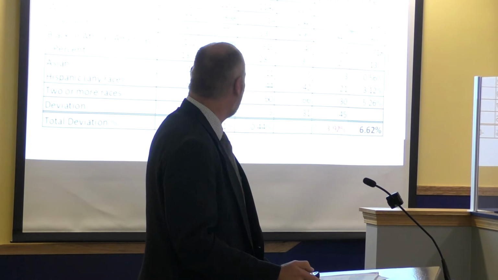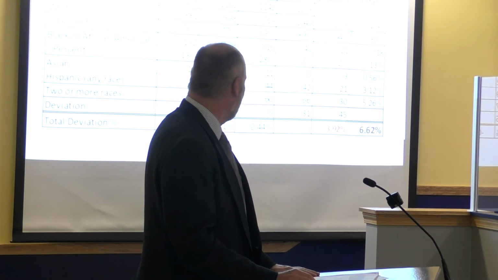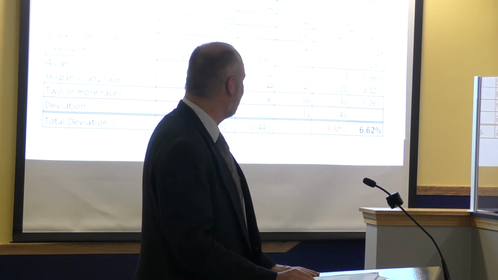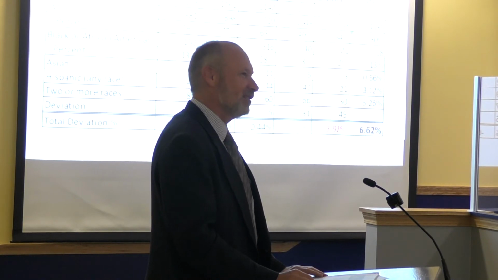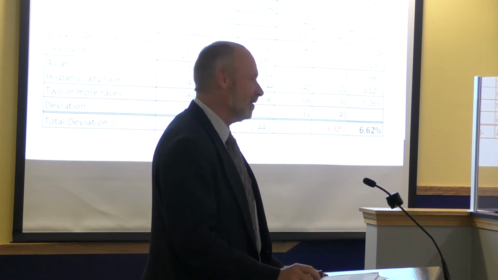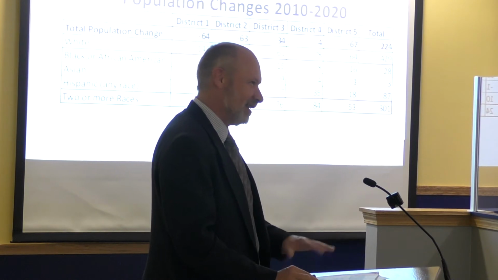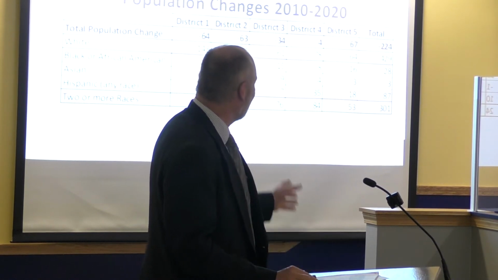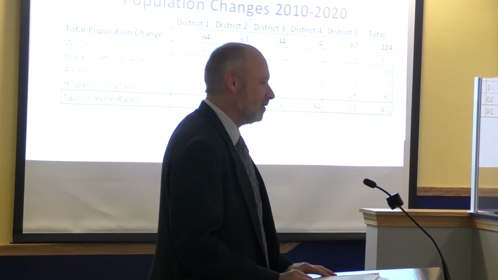So we want to run the same numbers for 2020 using the updated data from the census, using the same districts. And we find now that District 5 is 45 people under, and District 4 is 31 people over. So that still gives us 6.62%, which is under the 10%. So that's the good news. According to the demographics and the maps, you don't need to do any redistricting, which should be a relief. There is one instance I'll get to in a moment where you might have to do something, but I think that's unlikely.